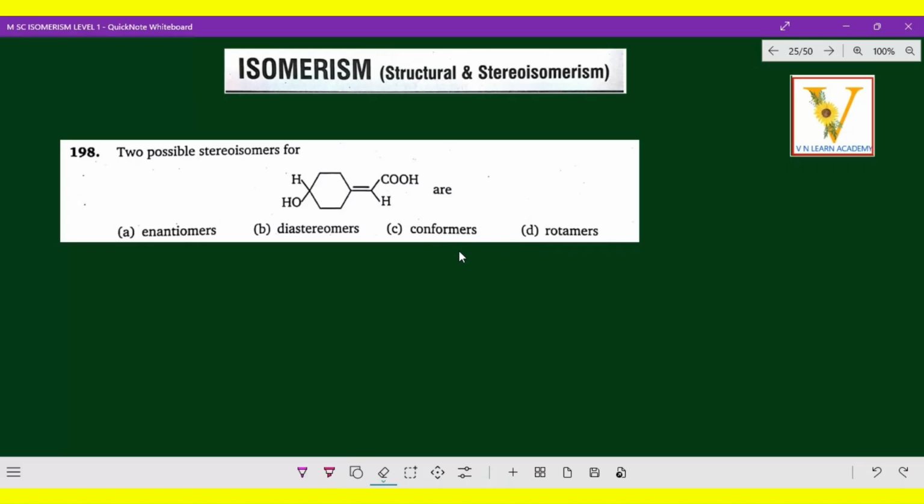Rotamers and conformers: there should be a single bond, that is a rotational isomer, which comes under conformers. Actually, conformers and rotamers are the same category only. Rotamers are nothing but conformations around a single bond, rotational isomers in a single bond. And conformers are actually the same molecule that can be interconverted by rotation of the single bond. Now, for diastereomers, minimum